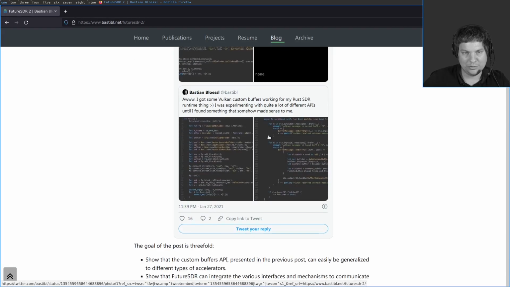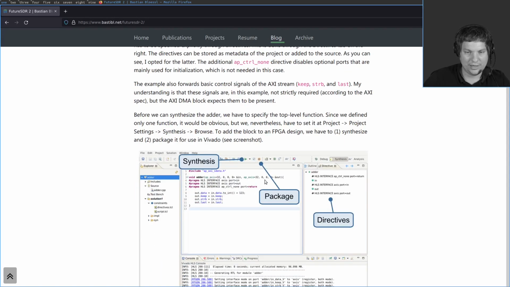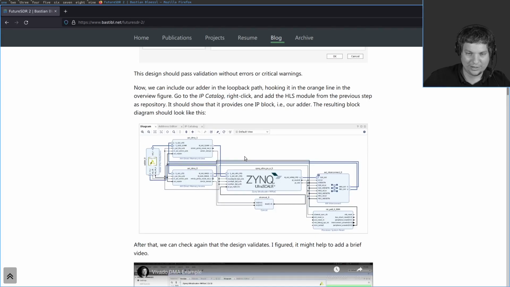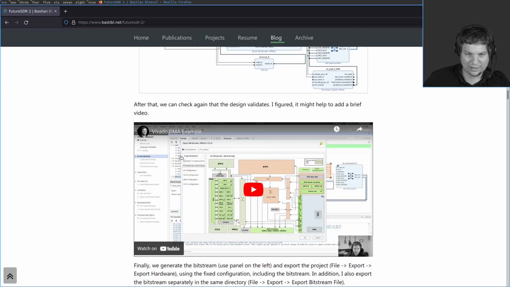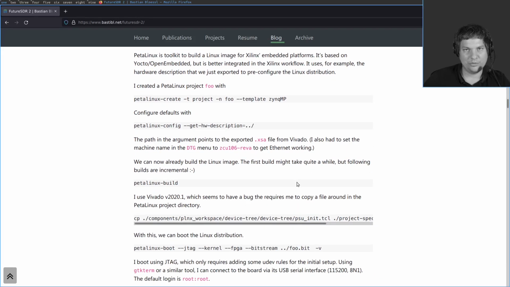And so I don't want to go into much detail here how this is working, because I have this way too long blog post about exactly this. And here I tell about this board and how I put it together. I think there I have my trivial IP block that adds 123 to a number. I click around in the GUI until I have some hardware design. I also have a video about it just to see the whole process.